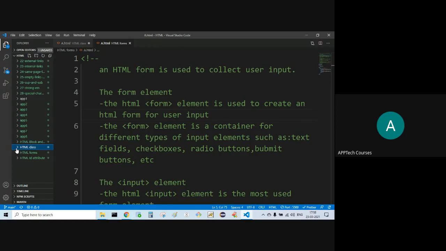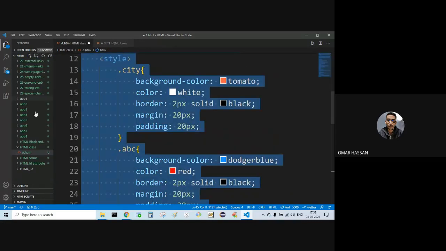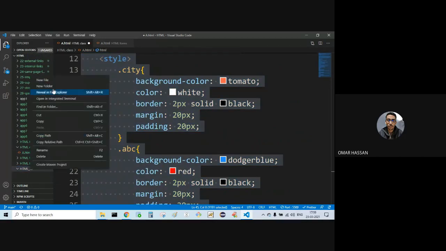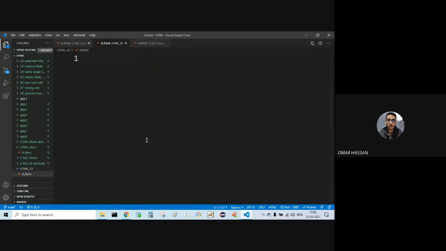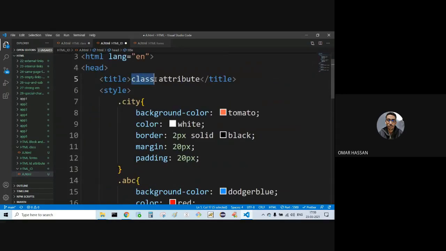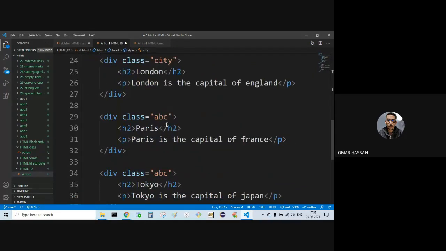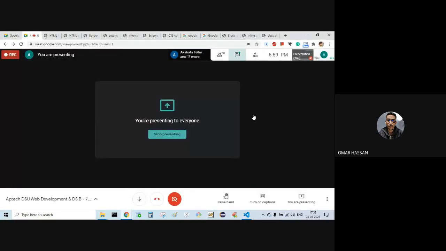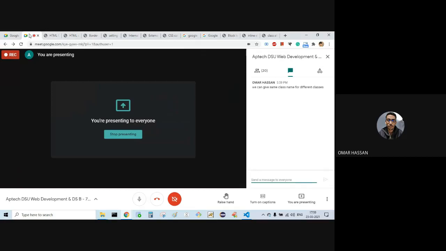See here, in case of ID, new folder, HTML ID. Observe. ID. Now I'm specifying